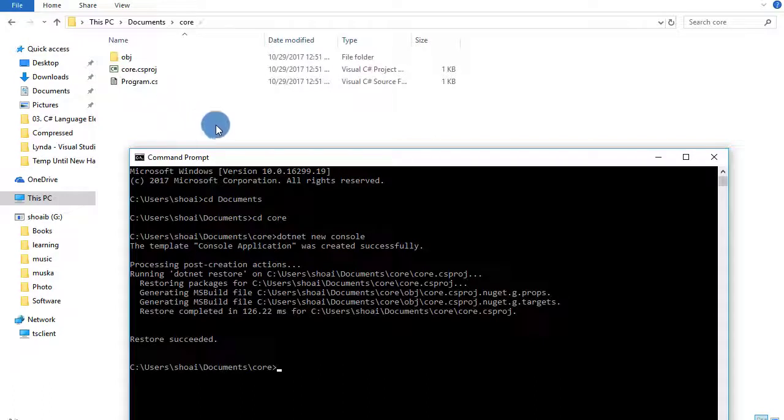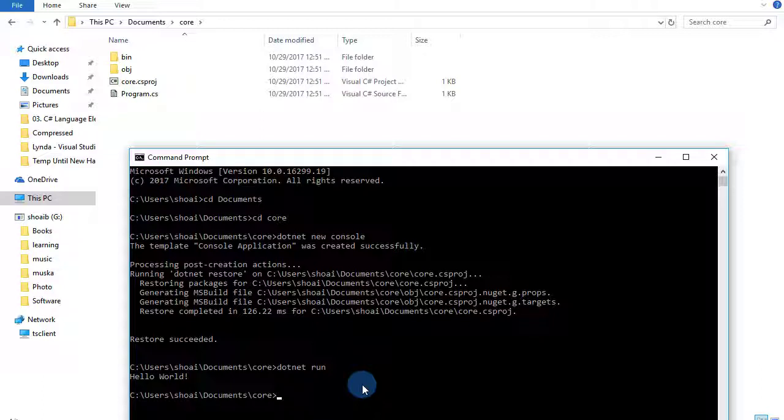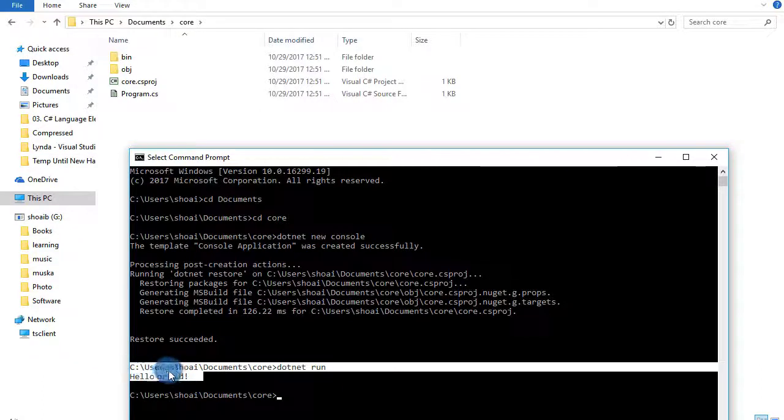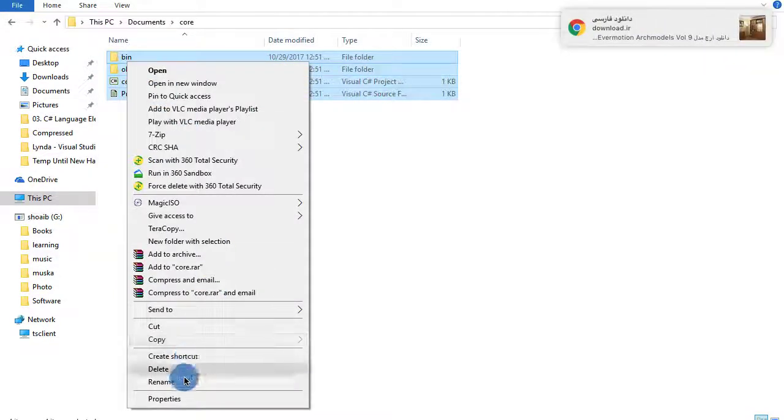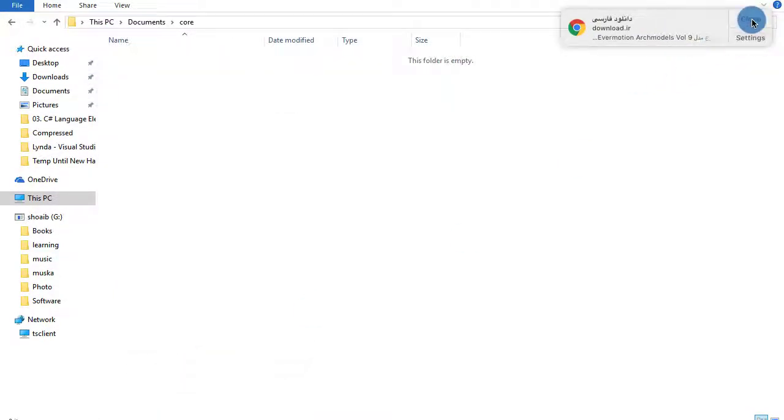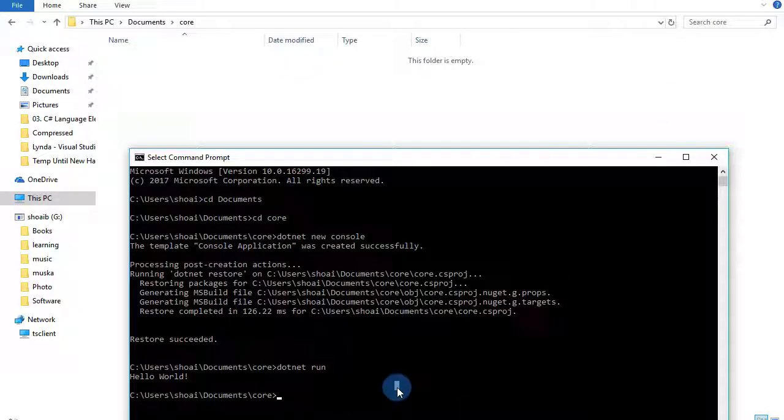As you can see, it's creating the files for me, and I can also run it from here. dotnet run, it will compile it and run it for me, but it's just a hello world. Let me just delete this. You can also create any other type of file in here. For example, dotnet new